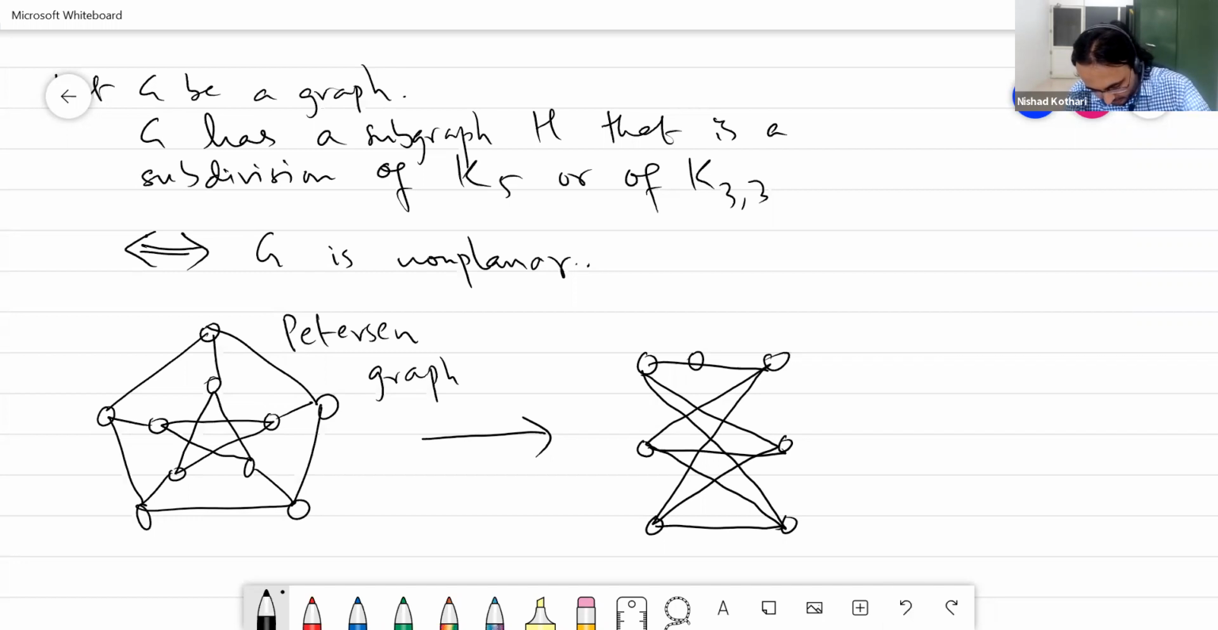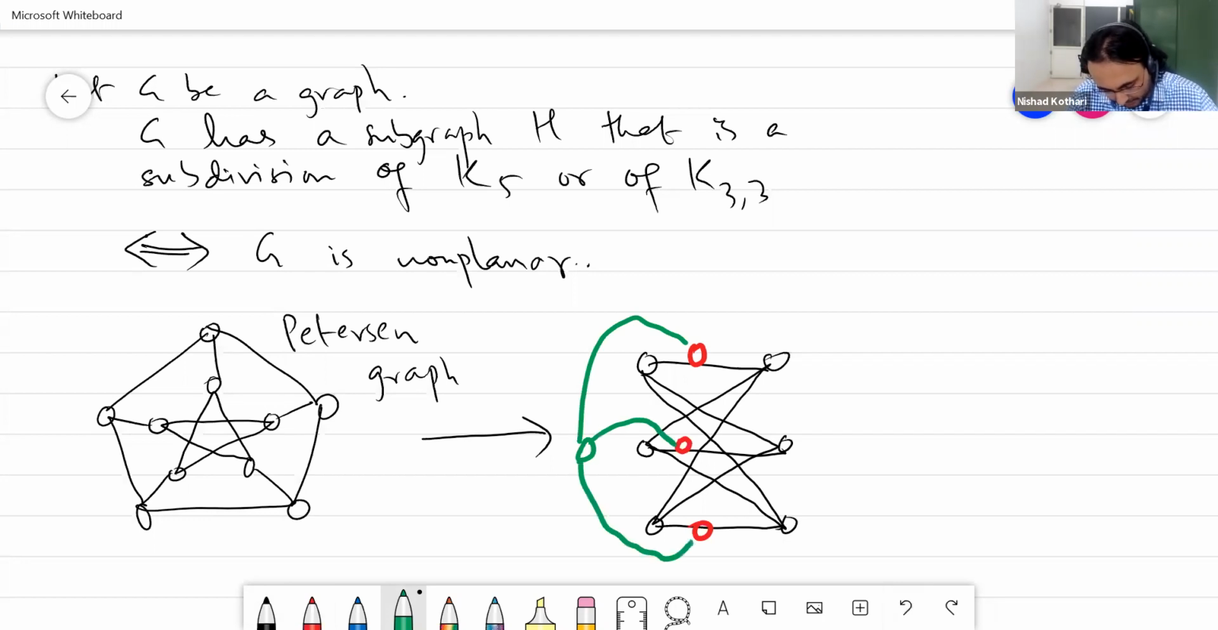Let me use a different color. So what you do is you subdivide three edges of K33 and you add a new vertex and you join it to the three subdivision vertices. And these two graphs are exactly the same, right? So the Petersen graph is non-planar, as per Kuratowski's theorem, can be explained because of a subdivision of K33 sitting